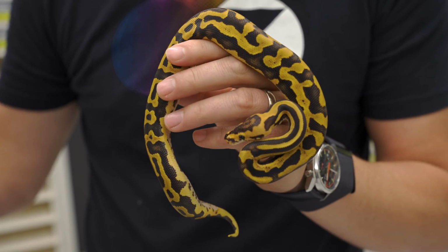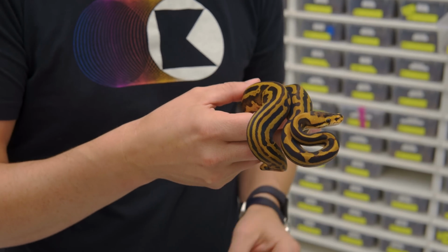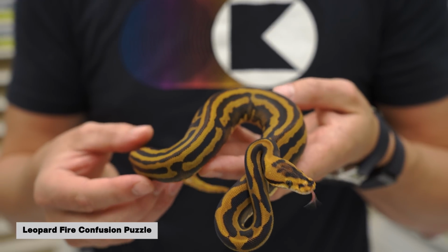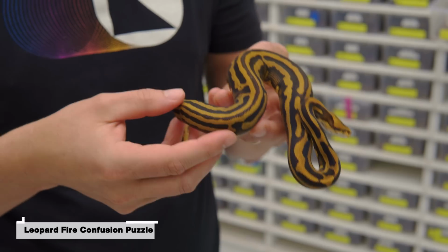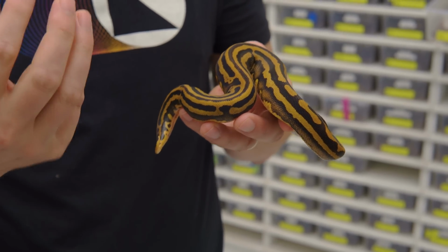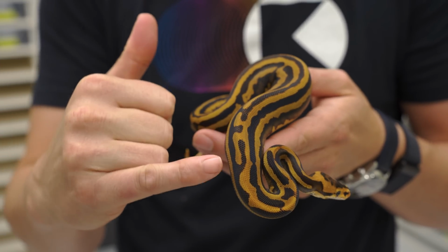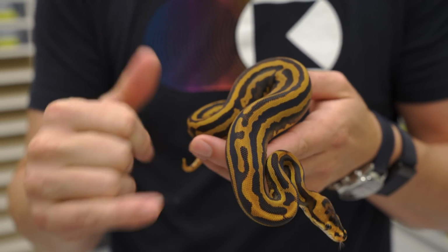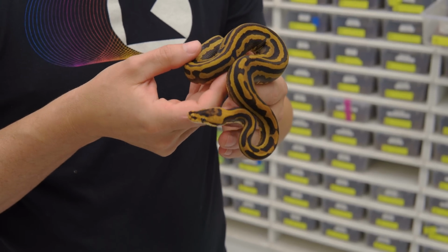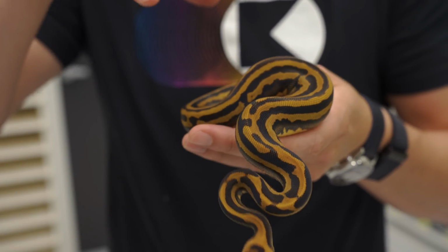So as amazing as this snake is, we had one other gene to put into it this year, and that is the leopard. We did manage to hit the leopard fire confusion puzzle. And the leopard, of course, is extremely reactive with confusion. It creates these deep colors, these deep stripes, and it comes through on the puzzle in a really unique way. You still see a little bit of that puzzling of the pattern there, but mostly we have this multi-striped animal with, of course, that puzzle head with the wide eye stripes, the cool facial patterns, and then